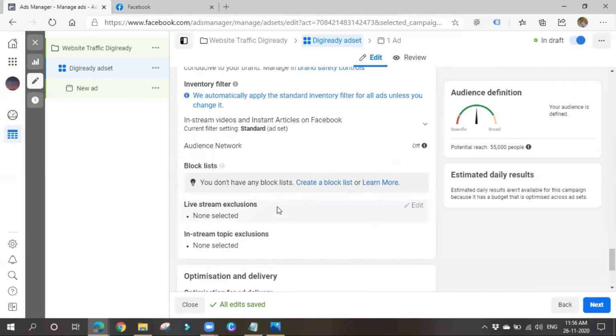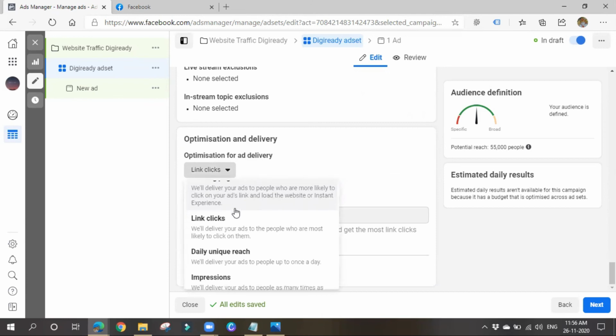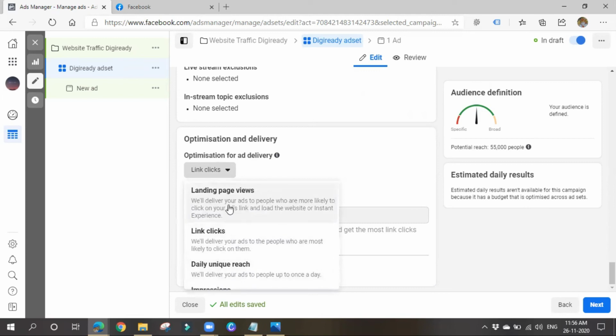Next thing is optimization for ad delivery, which you want. Okay, landing page views or link clicks or daily unique reach or impressions. You can choose whether you want clicks or whether you want reach, whatever it may be. Landing page views means people more likely to click on your ad's link and they'll be navigated to your website.